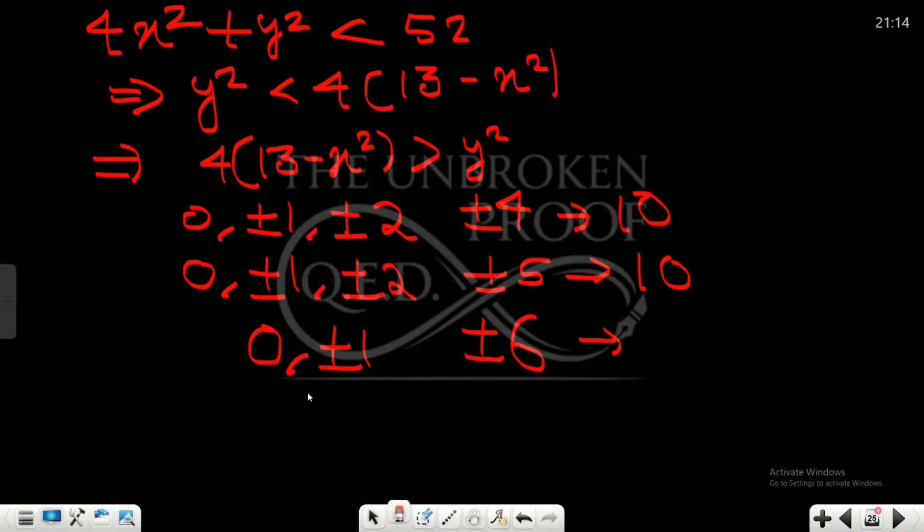Here you will get 3 into 2, 6, and if you take plus minus 7, you will get 49. Here only 0 is possible, because plus minus 1 will give you 48, and that is not possible, so here you have 2. So finally you are left with the sum as 7 plus, okay, so you write in next